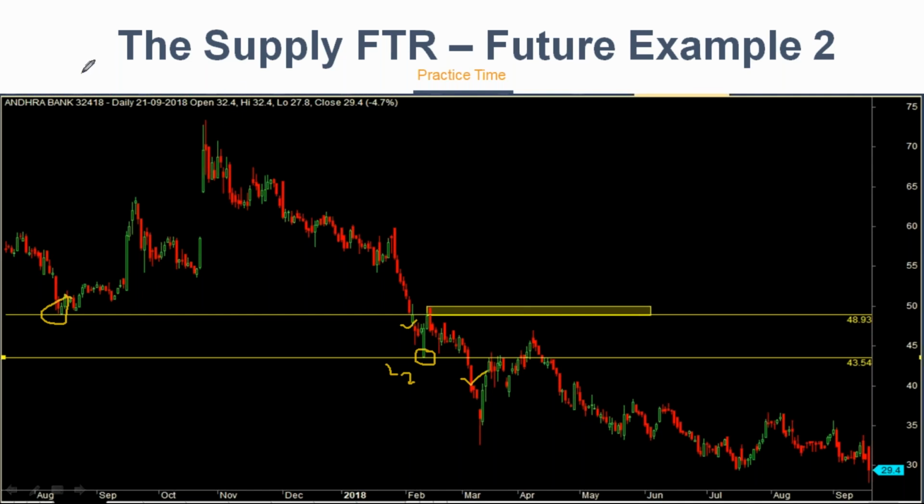This guy is Andhra Bank. I want to short Andhra when it comes to 49. What is 49, friends? What is 49? Yes. This is how you can keep bringing double confirmation. I just remembered that. When I plotted this chart, I didn't even remember.